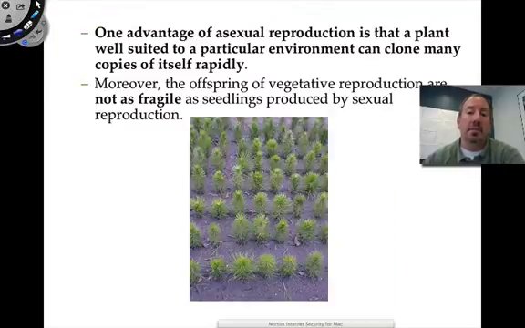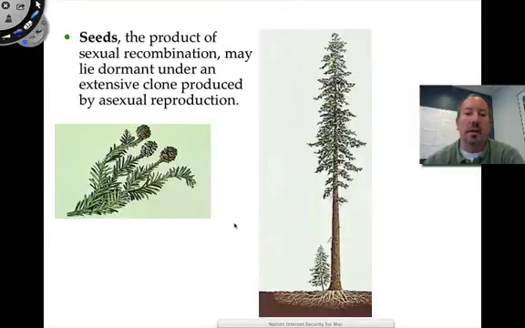The thing is, asexual reproduction, though it doesn't get any variation, its advantage is that the clones can copy themselves very, very rapidly. And so you can sort of dominate an area very quickly. Seems very good. And then also, the plants, when they're growing, are not as fragile as the seedlings produced in sexual reproduction. And what I mean by that is, for example, if you had over here,